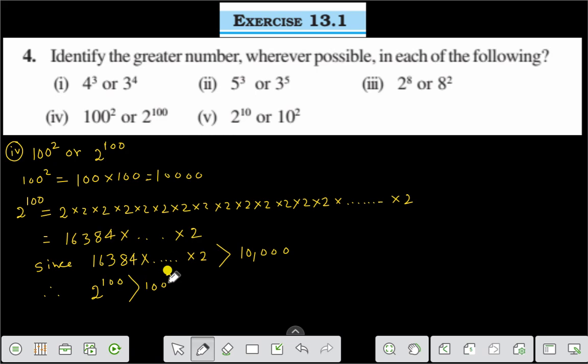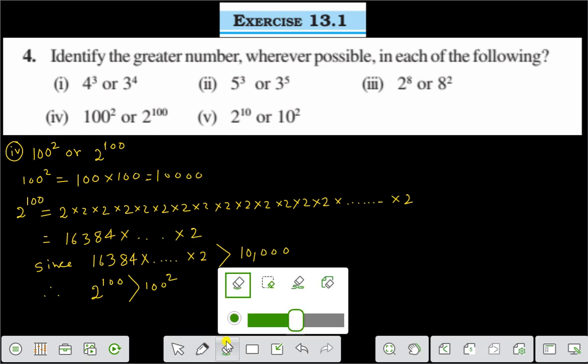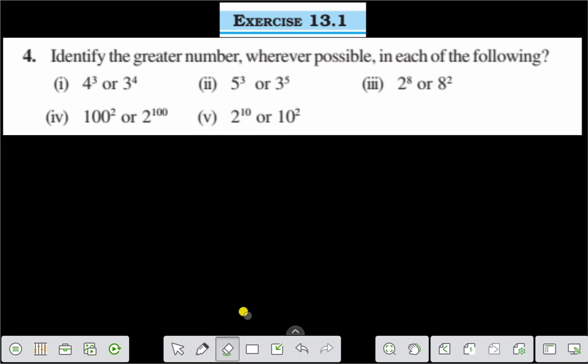Now we'll solve question number 5. Question number 5 is 2 to the power 10 or 10 to the power 2. 2 to the power 10 can be written as